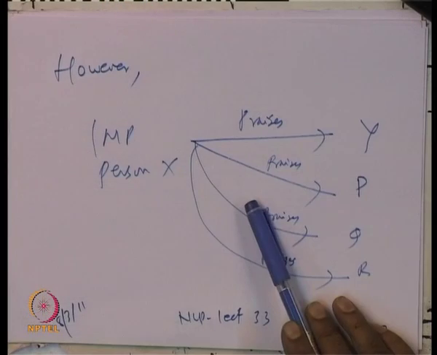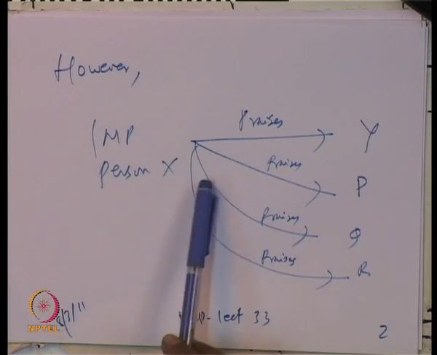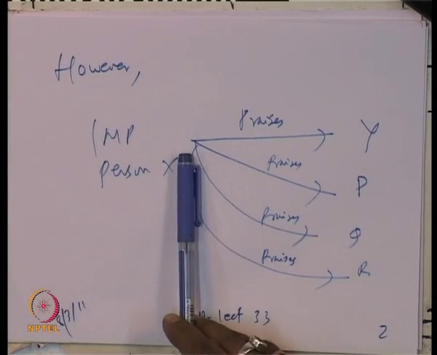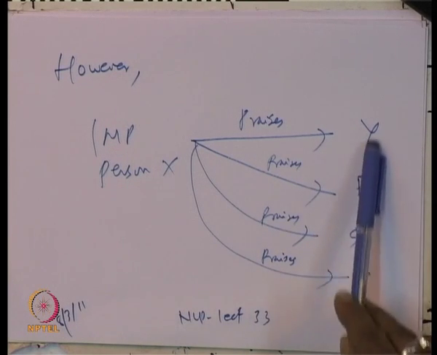Okay. How seriously we should consider this praise becomes a debatable issue. So, that is why if you look at the writing here again, the person's praise goes to Y, P, Q, R,